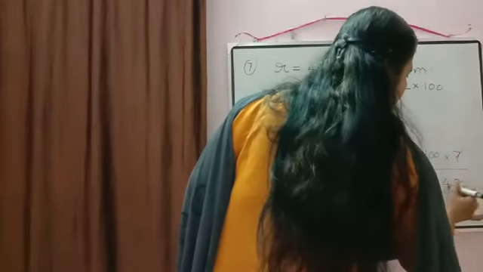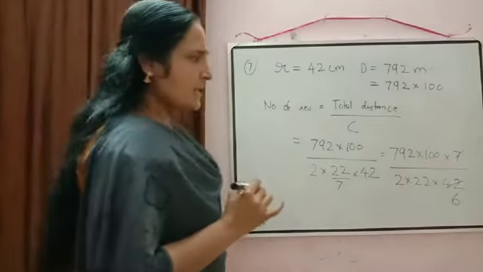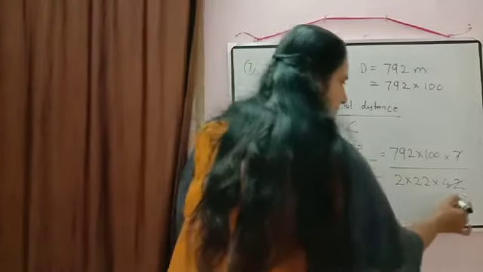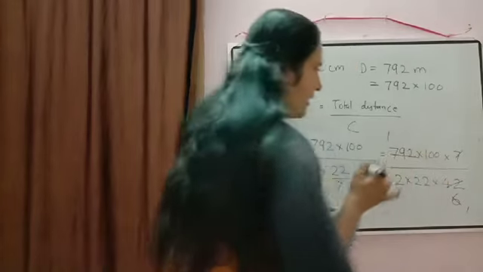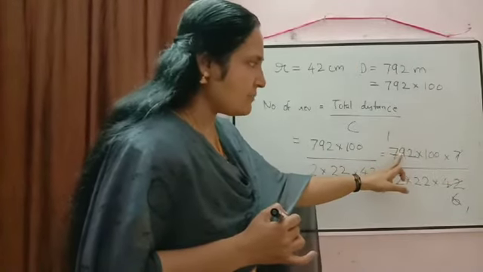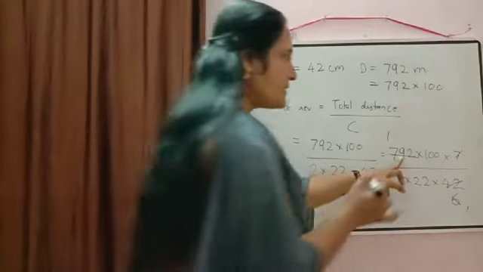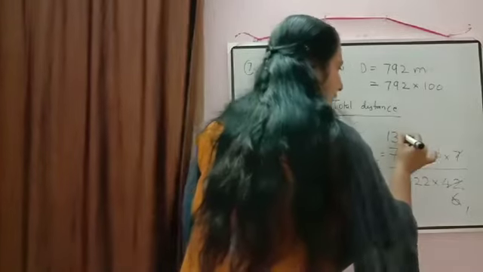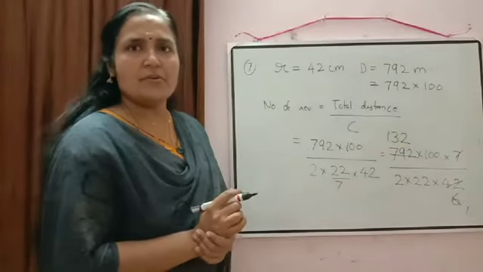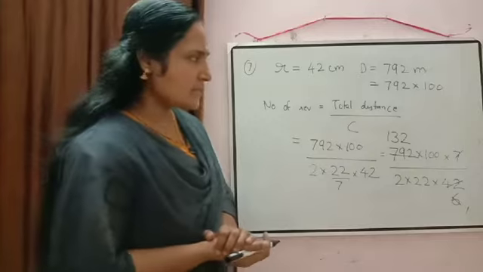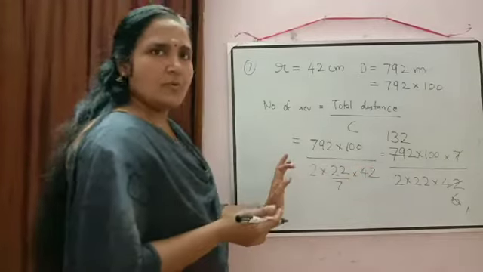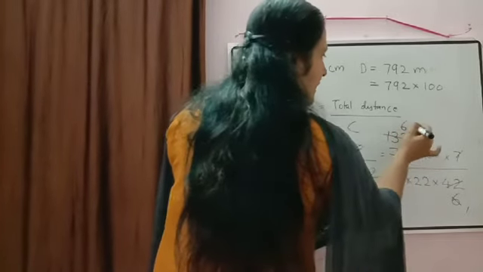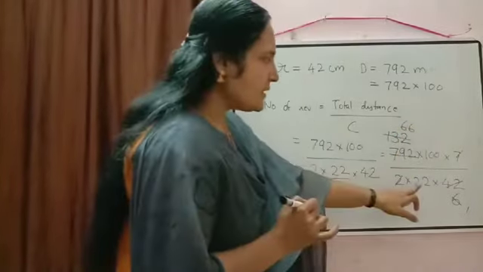Here 7 ones are 7, 7 6 are 42. Just to check whether this number is divisible by 6. 6 ones are 6. 7 minus 6, 1 will come. So we are getting here 19. 7 threes are 6 threes are 18. So remainder is 1 there. So 12. So we are getting here 132. Directly divided it by 6. Now we can check whether it is divisible by 2. Okay. So 2 ones are 2. Here what will come? 2 6 are 12. Again 2 6 are 12. Now it is easy there.